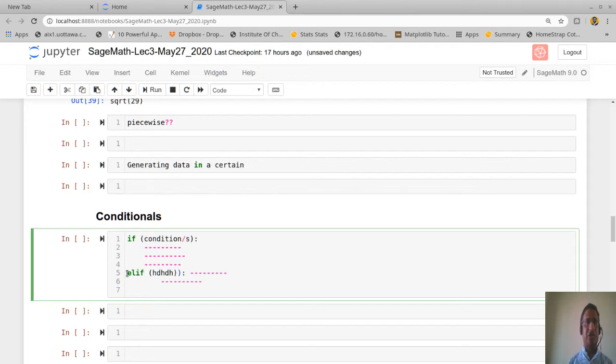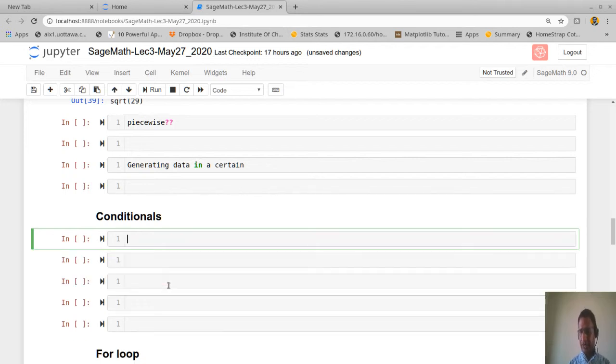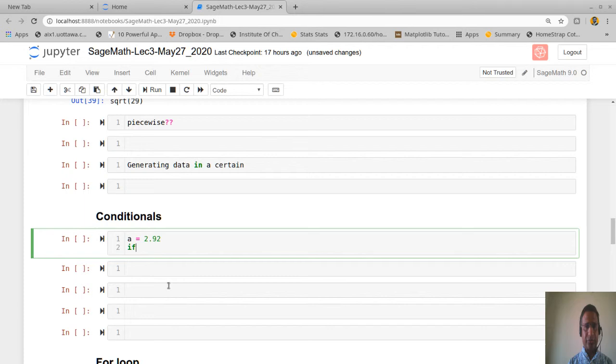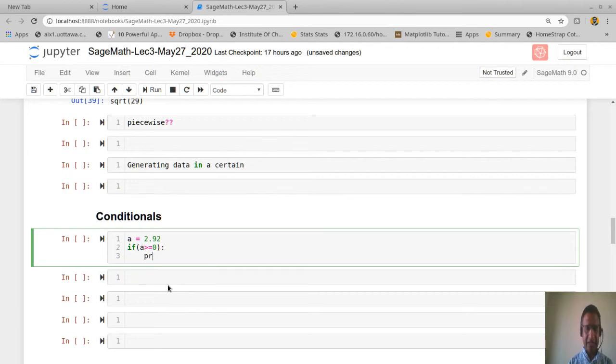You can use elif in case you want to combine else and if together. Let us take some examples so that it will become clear. Let us say I have a is equal to 2.92, and there is a condition: if a is bigger than or equal to 0, then do something. Let us say I'll print